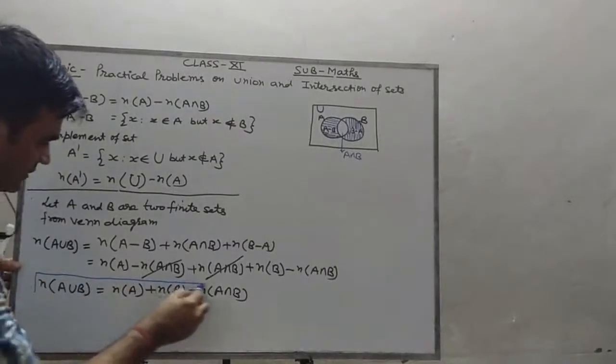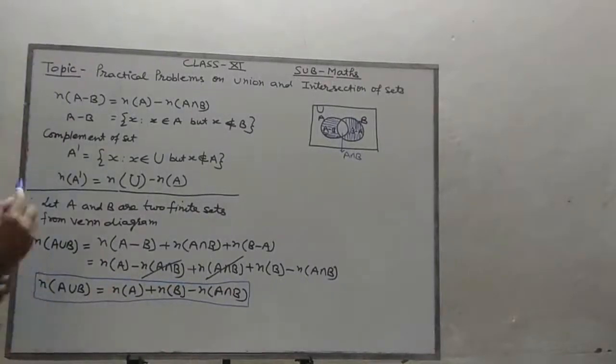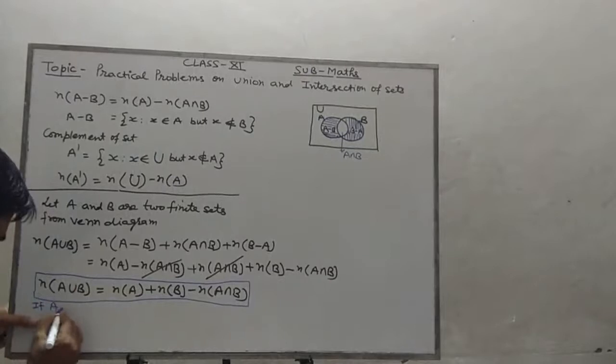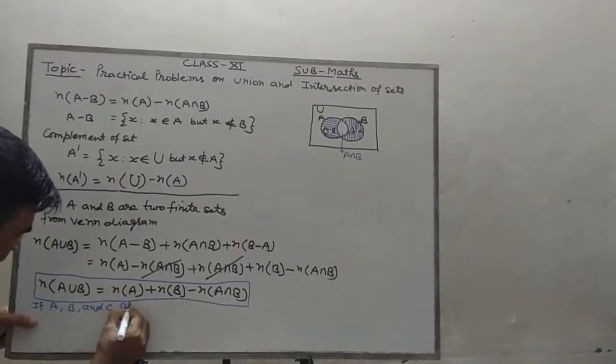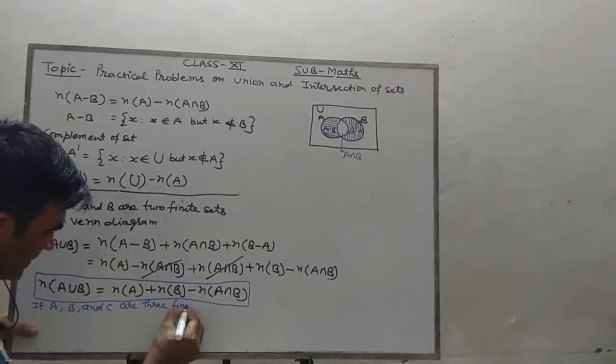This is the result for two sets. Similarly, if we have three sets, A, B and C are three finite sets,